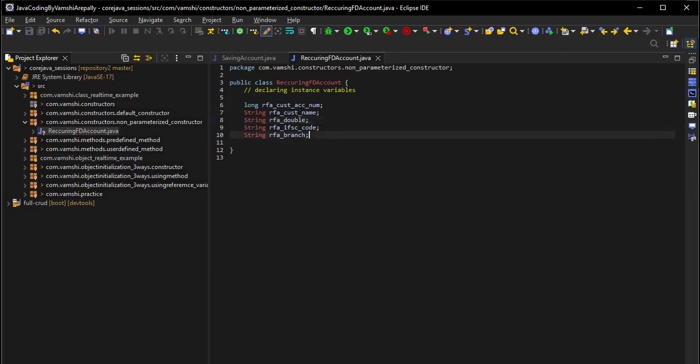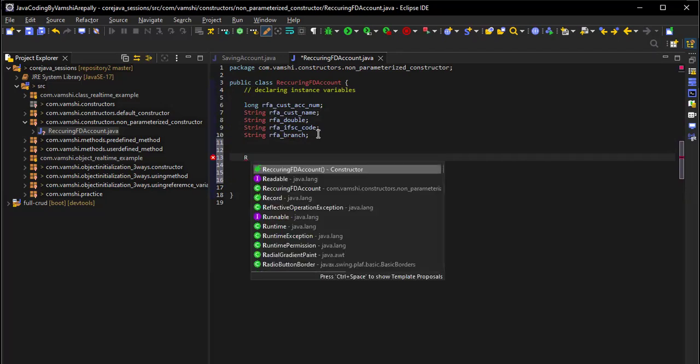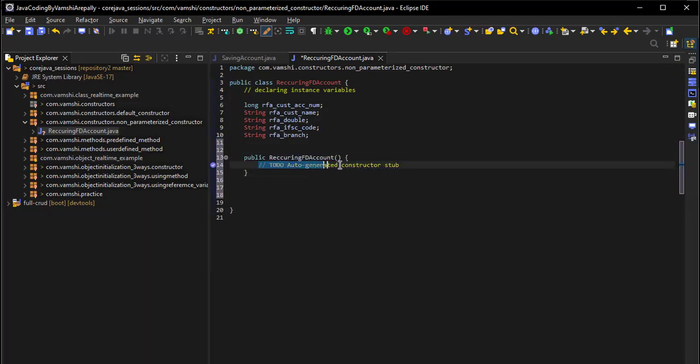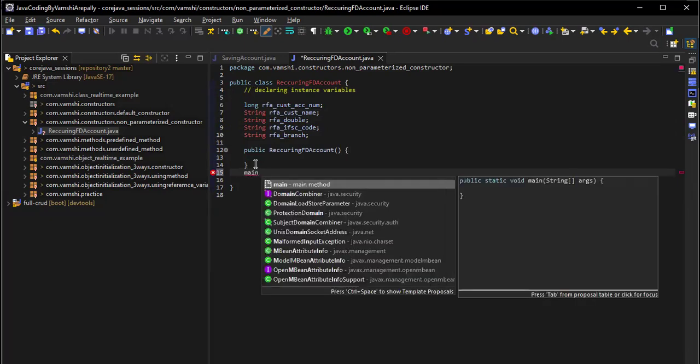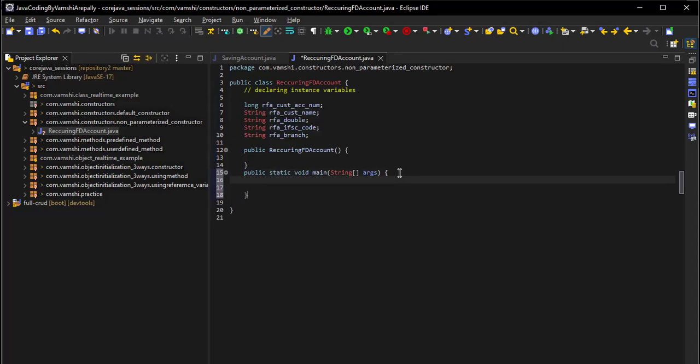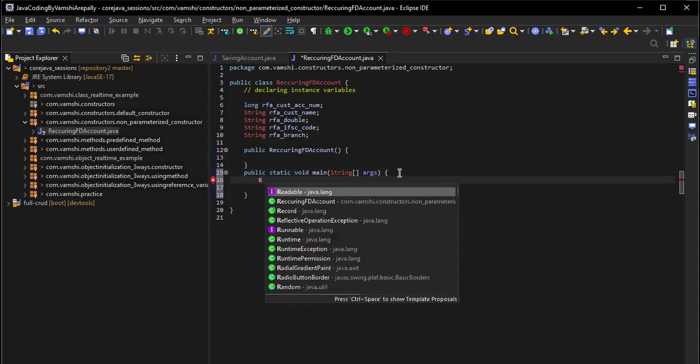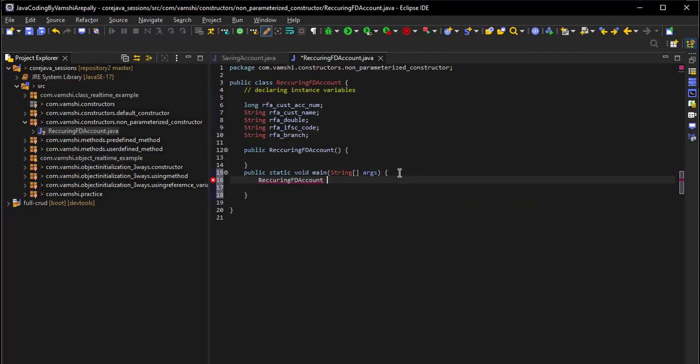Now we have to declare the non-parameterized constructor. For simple, Shift, Control Space, we get some suggestion, recurring FD account, and hit enter. Automatically it will be generated. Next, we have to create the object for the recurring FD account. Control space recurring FD account, and control space FD account new